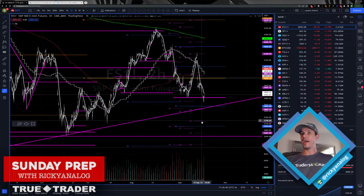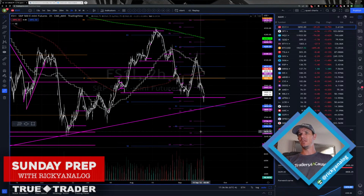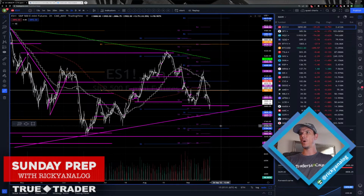Anyway, below that, I'm looking at this 3720 area, okay? 3720 and then June's lows. And obviously June's lows, if we were to flush really, really fast down into those levels and even break them, the faster we accelerate to the downside, I'm still really leaning into long ideas, at least until we have that big bounce to where I can put those shorts on, right? So June's lows is big support for me, 3720 and then